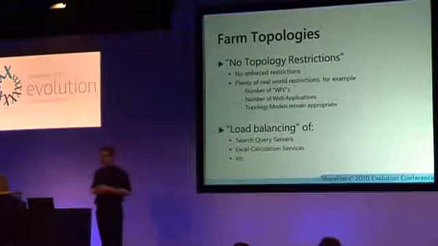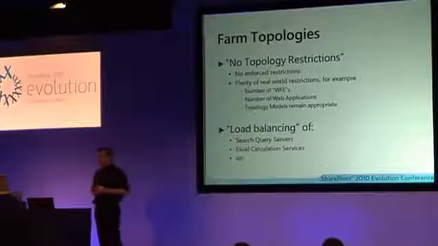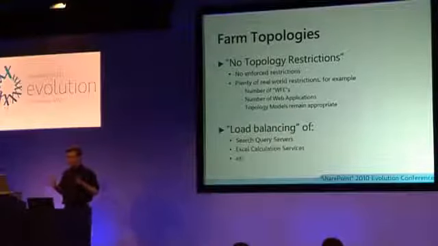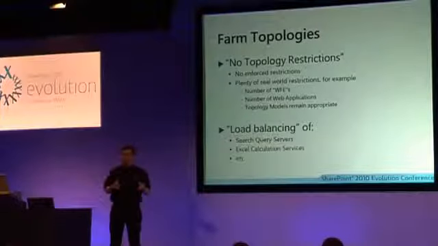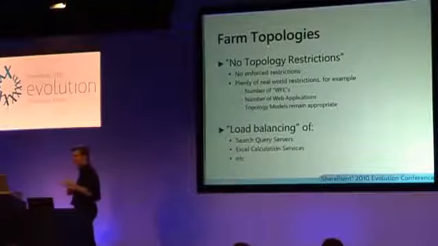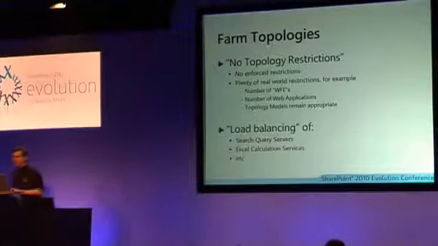This idea that you can just keep adding machines into the farm and have linear scalability. So if you have three web front ends, or see, I'm using the term myself, you have three web front ends, you add another three, you get double capacity, isn't the case because the SQL Server at the back end can only service so many machines or clients, which is the other servers in the farm.